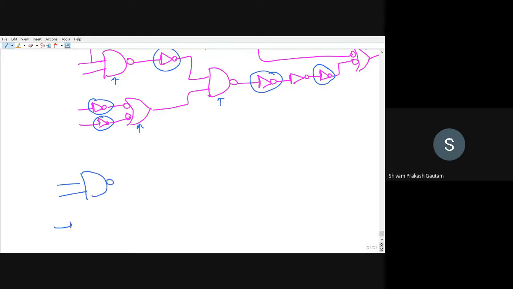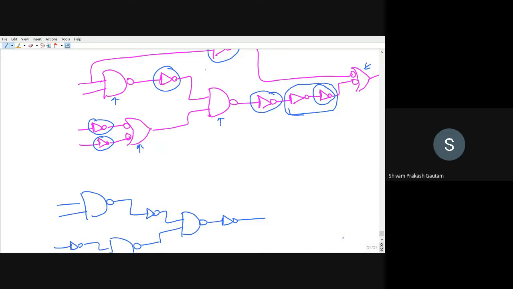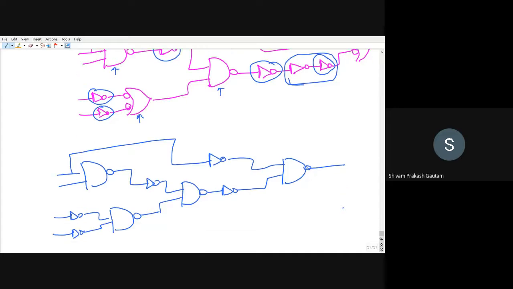This is an inverter flowing like this, and we have to replace the bubbled OR gate with a NAND gate. This is an inverter again flowing through a NAND gate here. Now what will I replace? I will eliminate these two inverters because they will nullify each other's effect. So I will be having only one inverter. You can see in this step I am having only one inverter, and this is again flowing through the input of the AND gate with an inverter. So this line is also having an inverter, and this is like this. This step is clear.